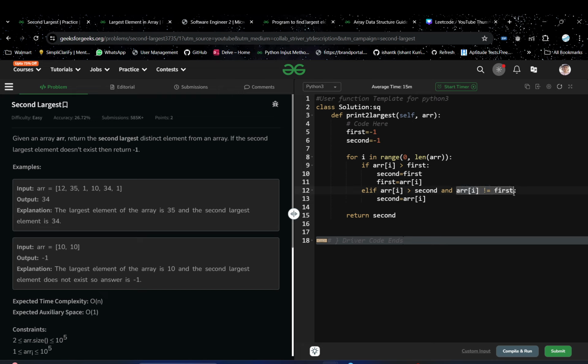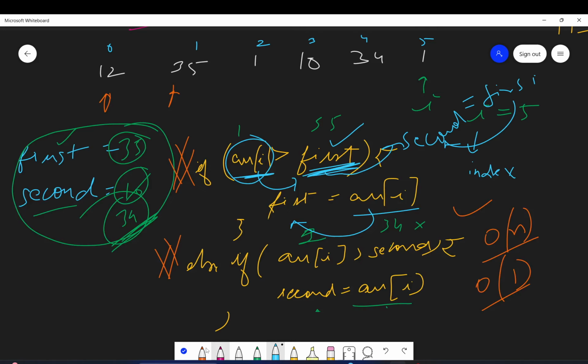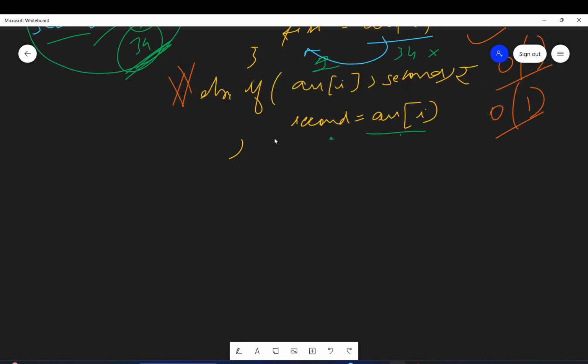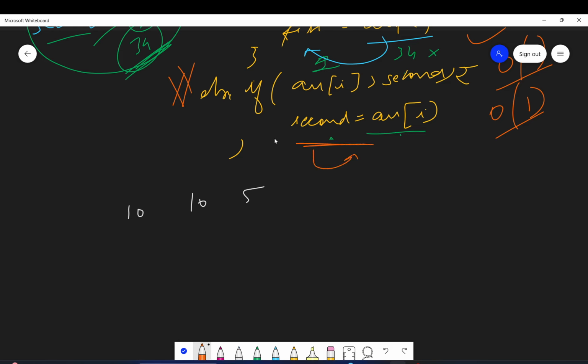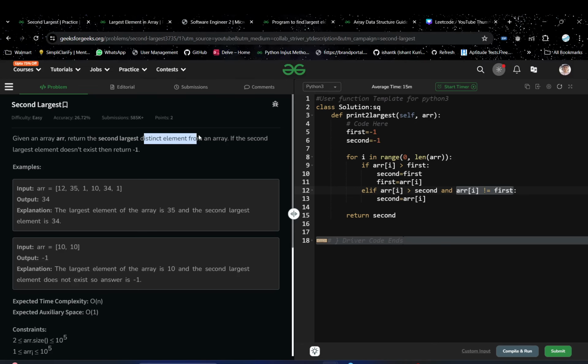Now, what is this condition? So guys, let's say according to this logic, you have this test case 10, 10, 5. According to the above logic, your first will come out to be 10, and your second will also come out to be 10. But ideally, if you remember, we need to get the distinct element.